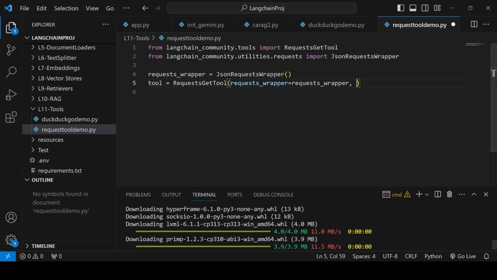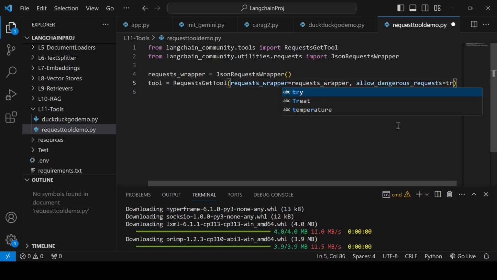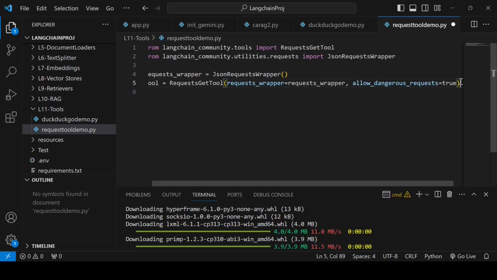And it also takes one more parameter, since we are integrating with third-party JSONPlaceholder. So I can just say allow_dangerous_requests equal to true, which is by default false.